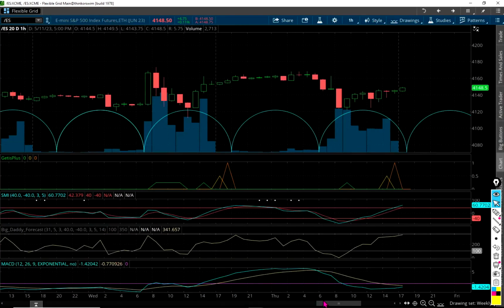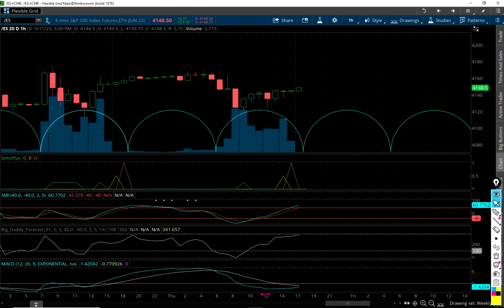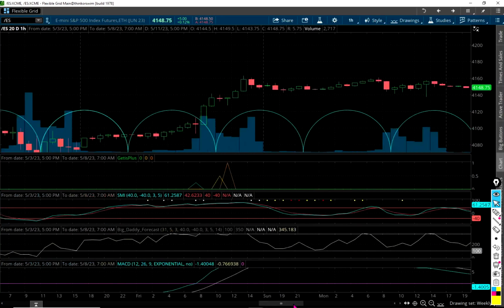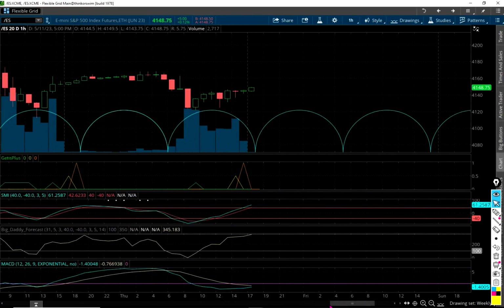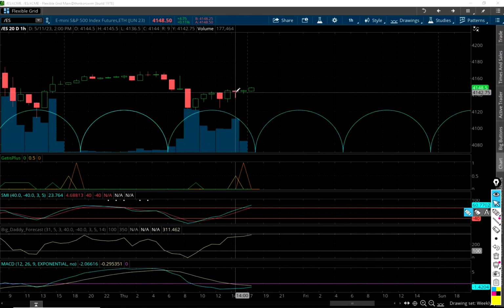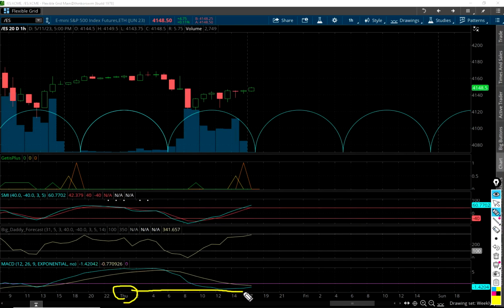Okay, here's the 1 hour chart. This alert right here, which happened at, what time did this alert happen? Just so for those who want to know where we're at, this is Thursday down here. So everything from here to here is Thursday. Okay. So we only had 1 hour alert, which was today was this one at 2 o'clock.